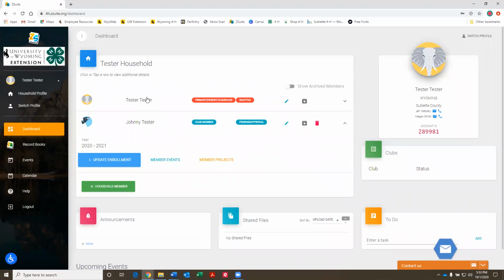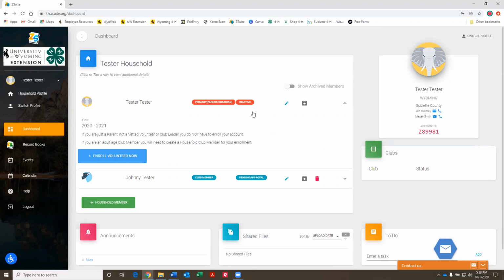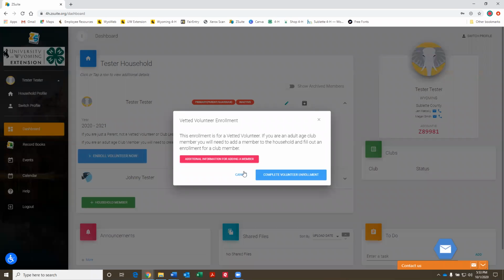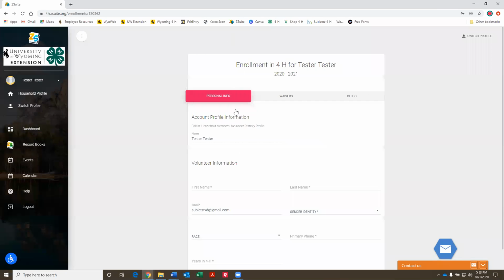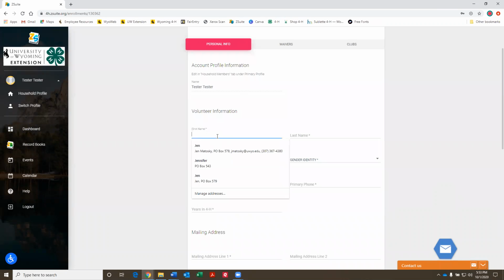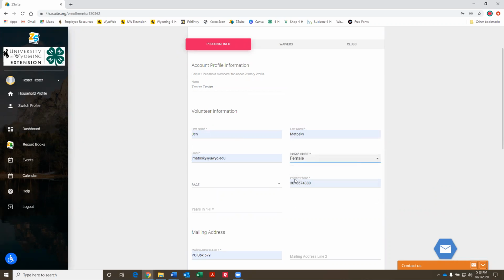So if I am the primary person and the parent and guardian, and I want to enroll as a volunteer, I can go up here and click enroll now, and this just makes sure that you're of age and a volunteer and not a club member. So we do want to do volunteer member and put in all the information